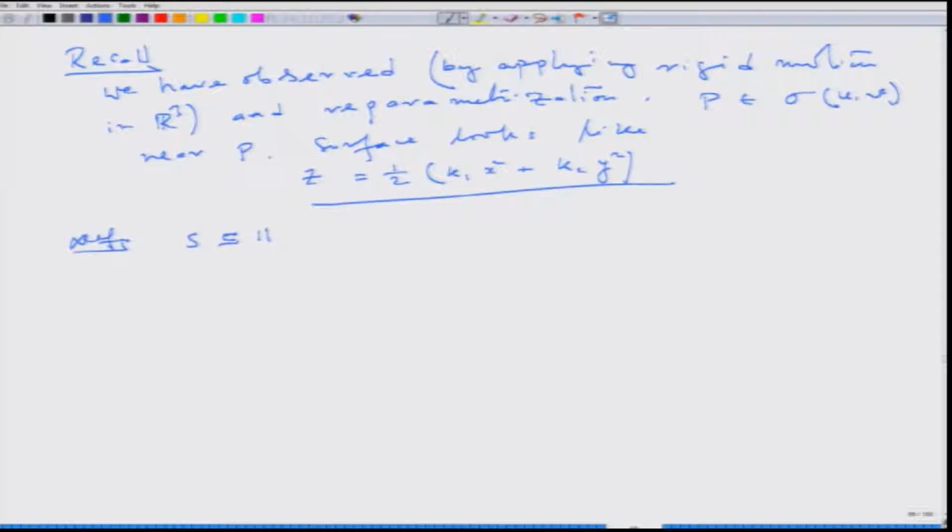S in R3, a surface, smooth surface, smooth regular surface. Okay, we will see the smoothness and regularity condition. A surface is called quadric if it is,